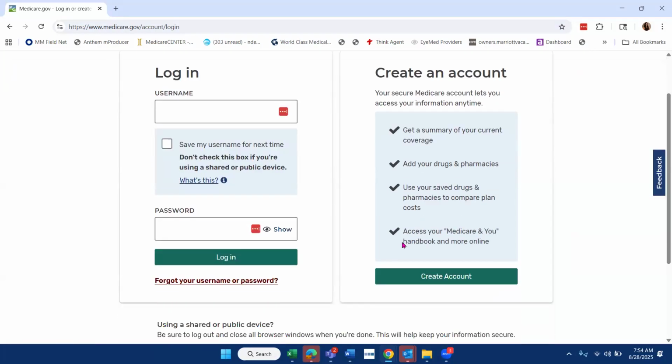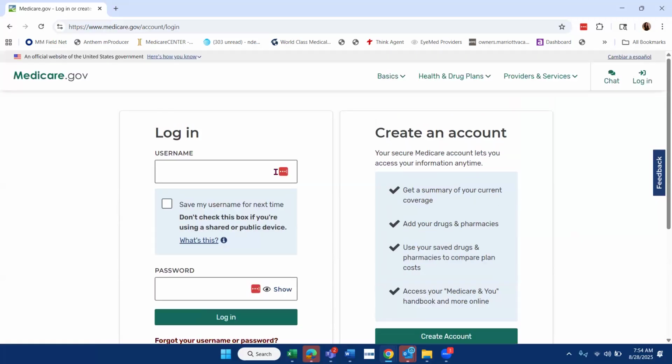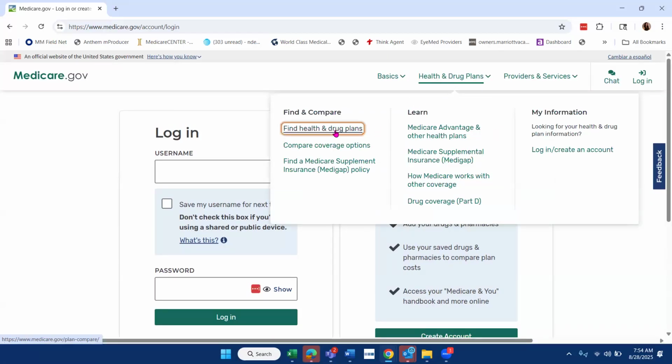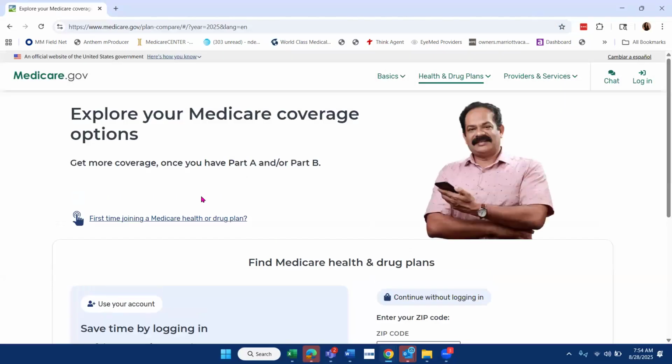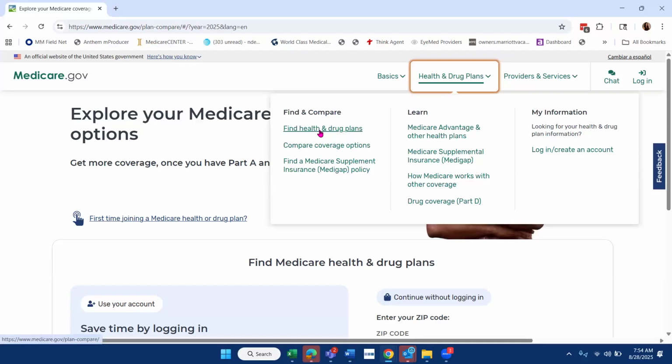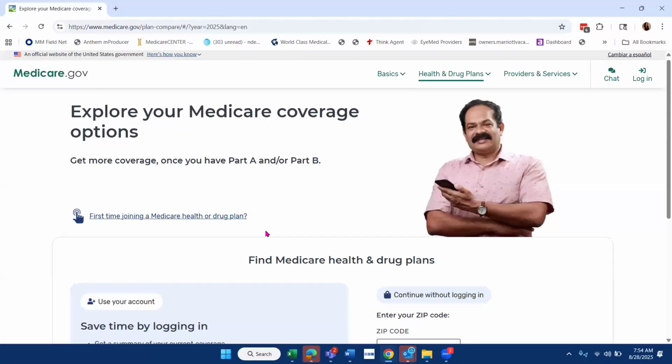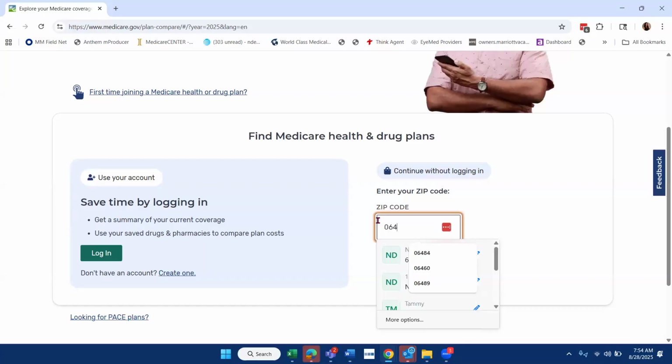If you don't have a username and password, it's easy enough to create an account. You will need your Medicare card nearby. I'm going to show you how to do it without a username, but I do encourage you to create a username. So you want to go into health and drug plans, then find health and drug plans right there. You go in, you're going to put in your zip code,